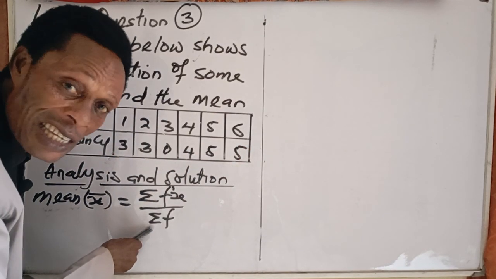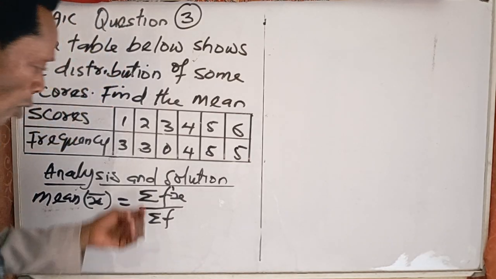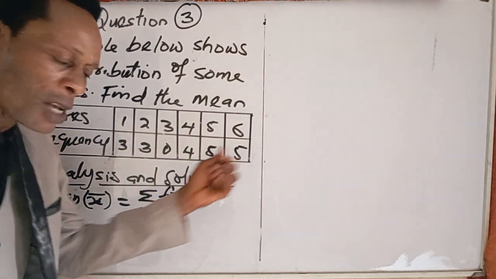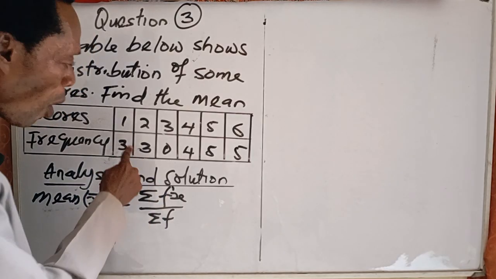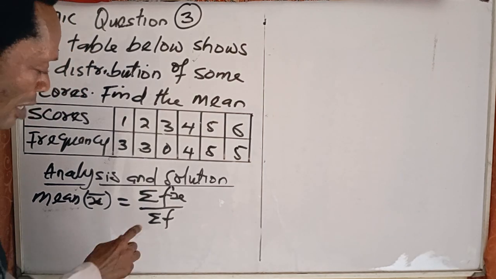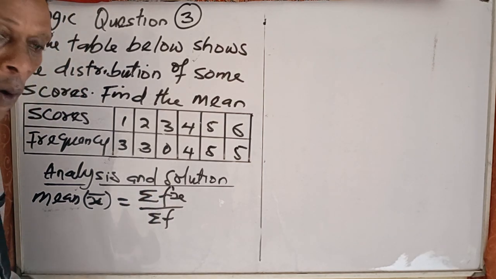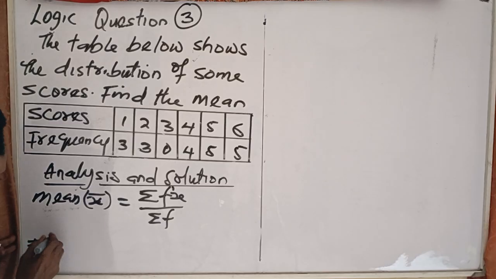This one, which is a sigma notation, represents what? Sum. So it means that you have to add this. So the sum of the product of the values and the frequency, all over the sum of the frequency. That's what it means here. So let's first of all consider the top one, which implies sigma fx